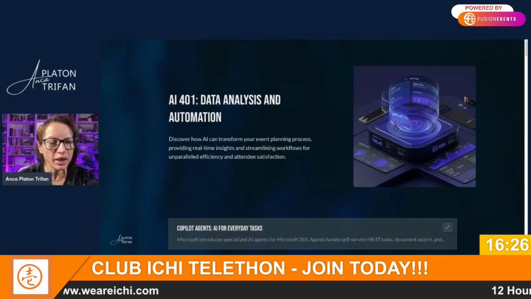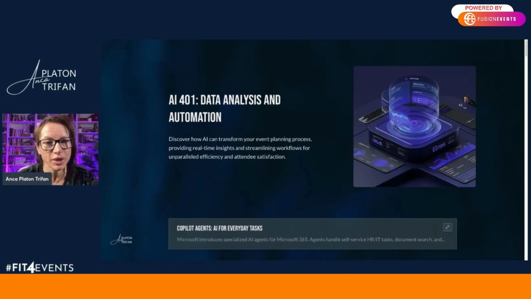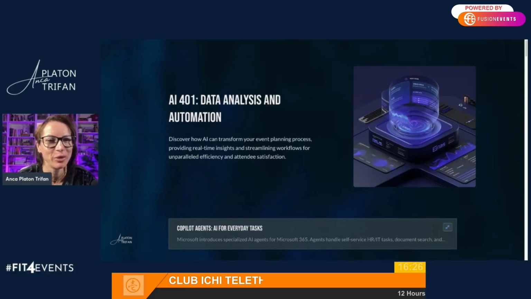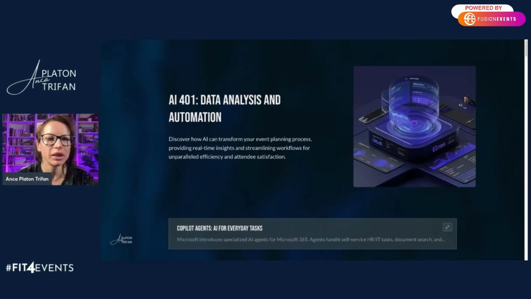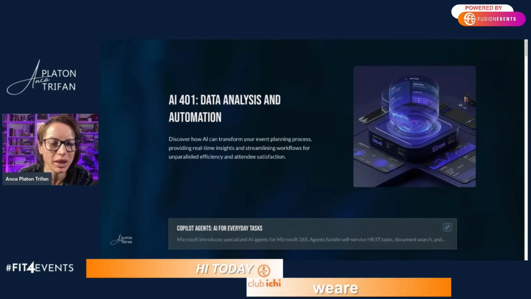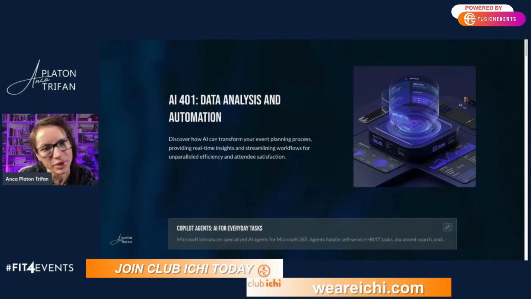All right, you've made it all the way to the fourth session. There's been a lot of sessions on AI today, and I hope that you gleaned something from the previous ones. In today's session, we're going to touch on a bit of data analysis and automation. Again, this is probably not the time when we're going to dive deeper into any of those topics because there just isn't enough time and there's so much to talk about each one of those topics, each one of those tools. I hope this just gives you enough of a taste to go and create your own sandbox and play with a lot of those tools and see if they work for you, see if they would benefit you